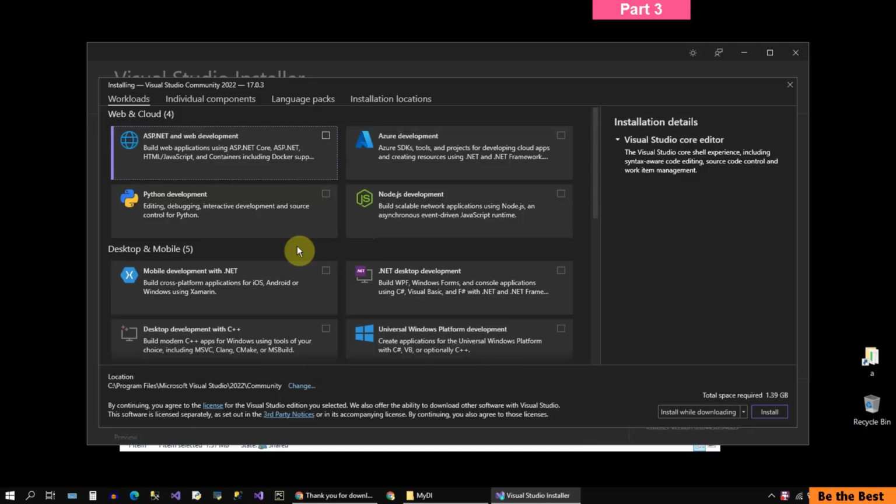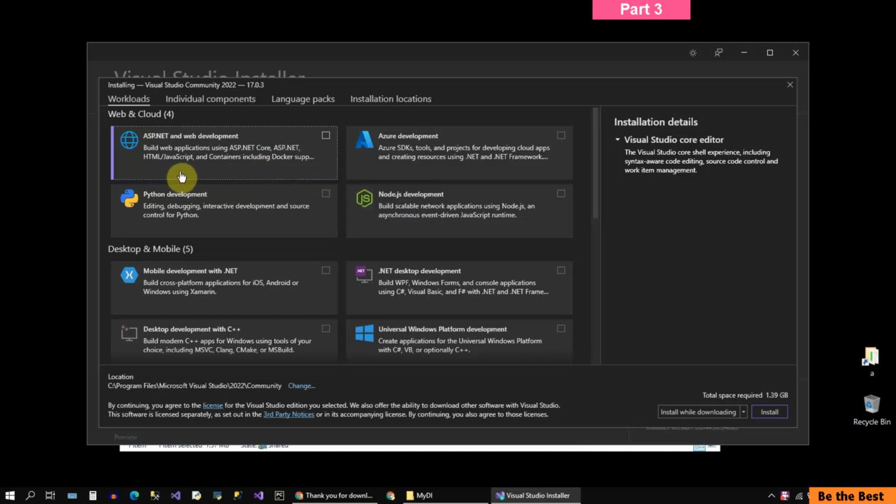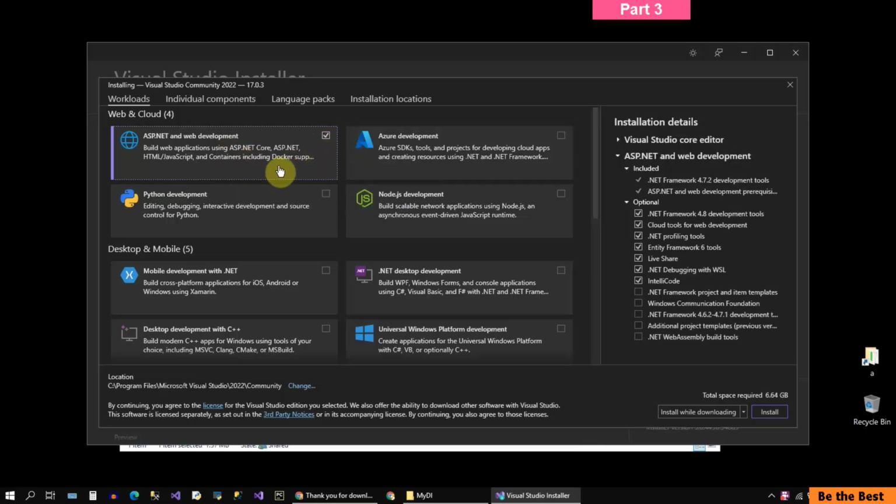So if I take a look at the first one, it is the ASP.NET and web development. If you want to create a website using the ASP.NET technology or JavaScript or HTML, this is great for you. You can easily click on that. So based on your selection, we have some other features that are dedicated for this workload or this selection. Also, you can